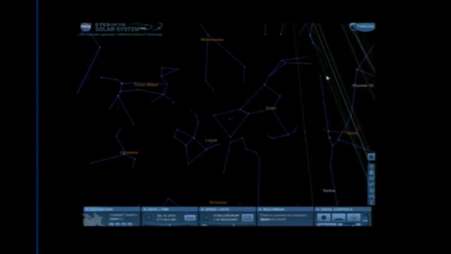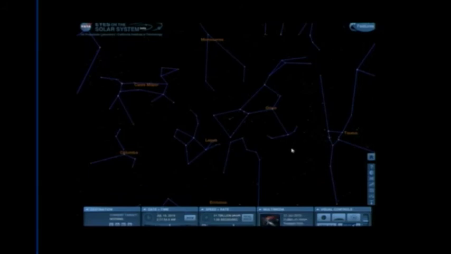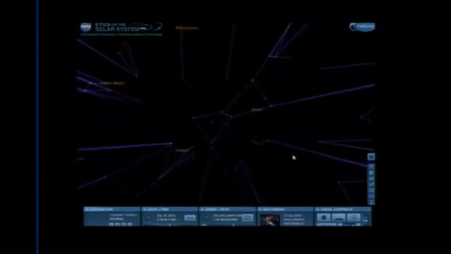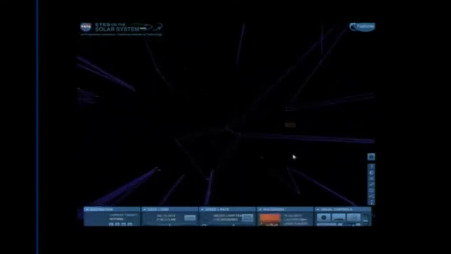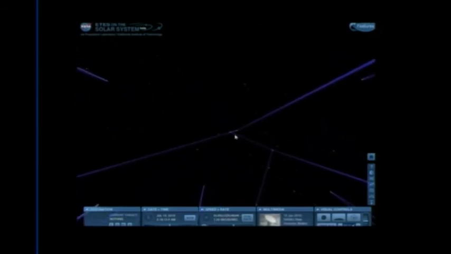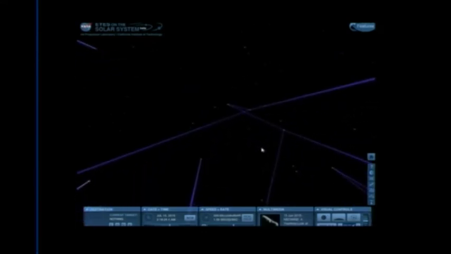There goes Saturn, we're heading out. See these orbit lines up here? Now we're going 500 billion, 1 trillion miles an hour. Do you see any motion in those stars yet? Well, now we're doing 20 trillion, 60 trillion. Now we're going a quadrillion miles an hour, which is a ridiculous number. We've switched to light years, thousands of light years. So now we're heading out. I'm going to take us out and park us right in the belt of Orion. Boom. So I think those are the three, right? Those are the three stars. Let's get a little closer. Whoop, I went too far. So we agree we're close, right?